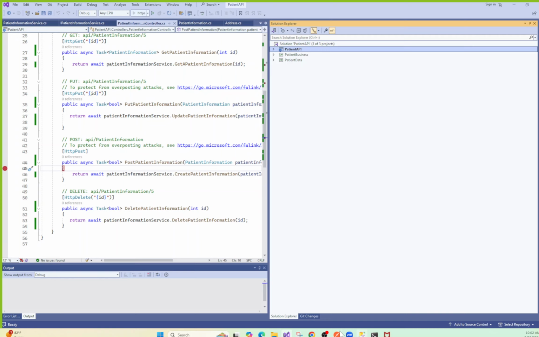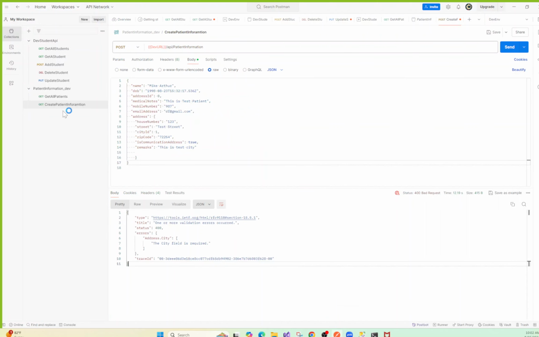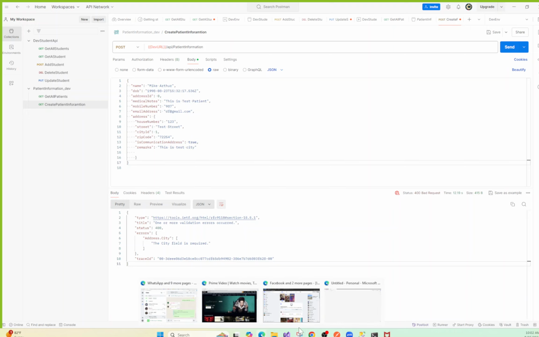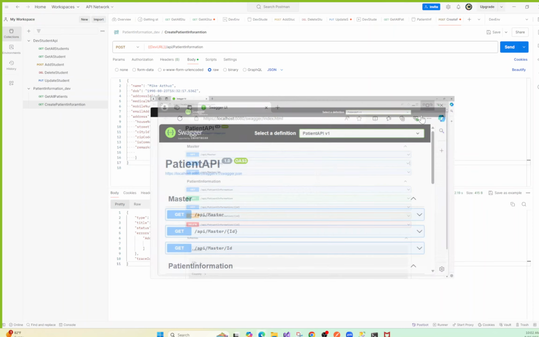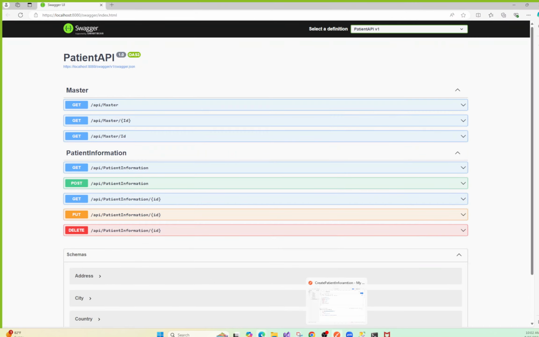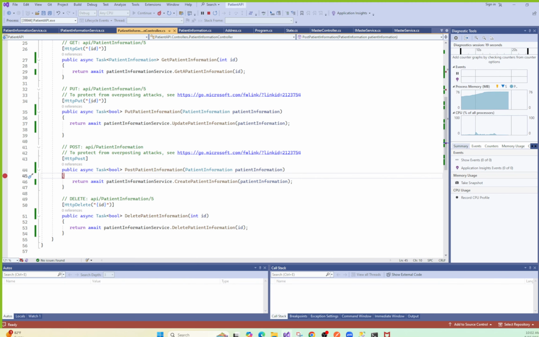Okay, so in the last session, we have seen how to prepare a post request and post it. Unfortunately, we were unable to finish it off, and today we are going to do that. So, what was the issue we are seeing? This is the post method, which is taking a patient information as a